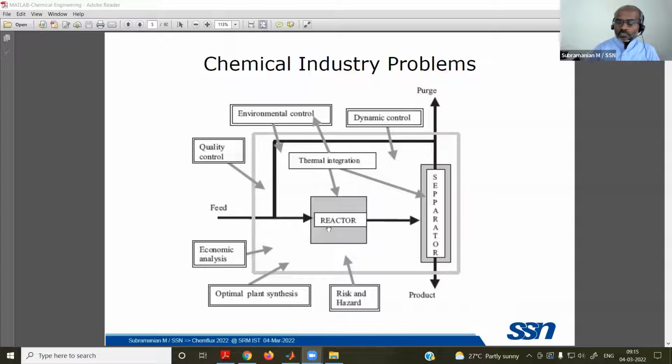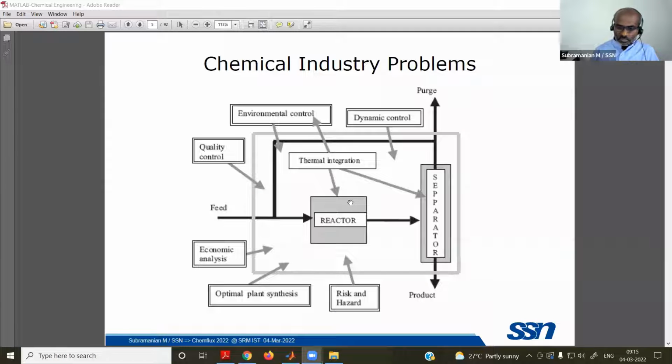So there comes our subject, distillation, or say mass transfer, major content, that is distillation. And for understanding all this, we need to have the thermodynamics of the system. And again, these products are to be separated, and there is a kind of environmental control.